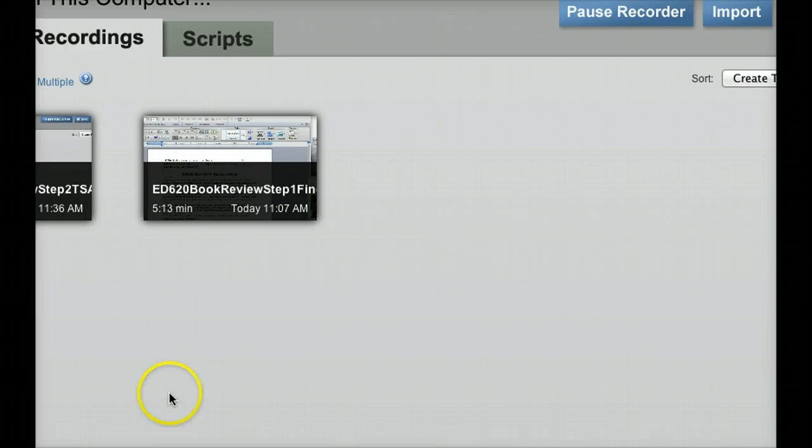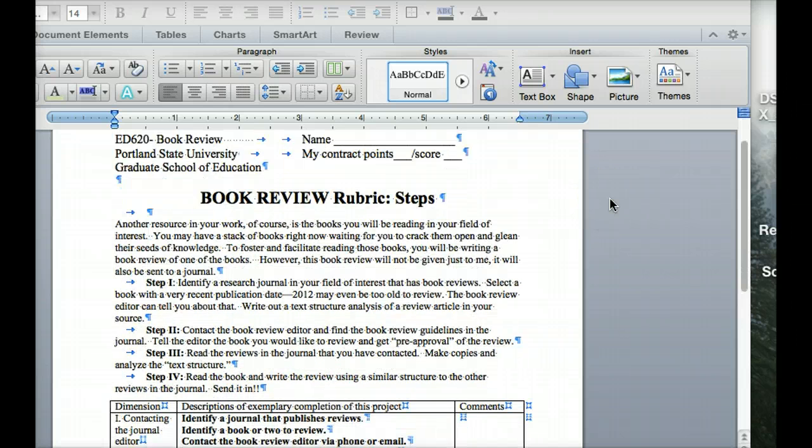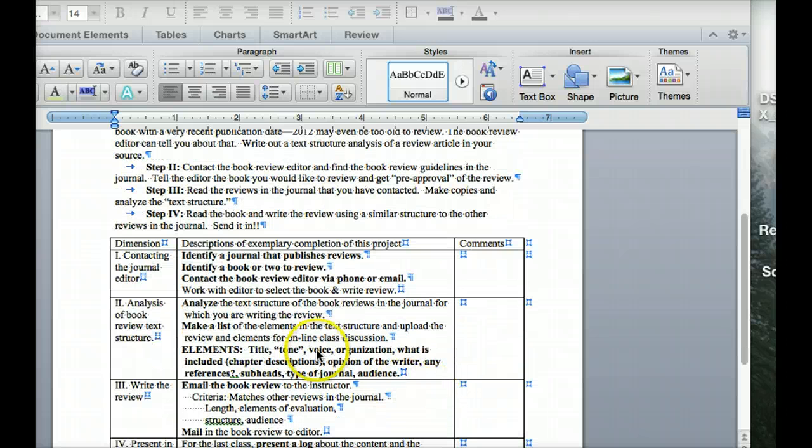This is the final step of creating this book review that I wanted to make a screencast about. And I'm not sure why this thing doesn't give me... There we go. Okay, here we are. Book review steps. So you've identified the journal, you've contacted the editor, you have the book, you've analyzed the text